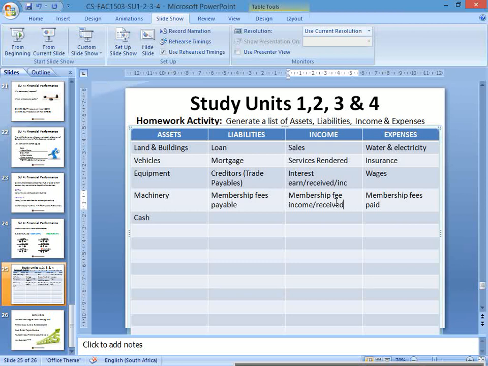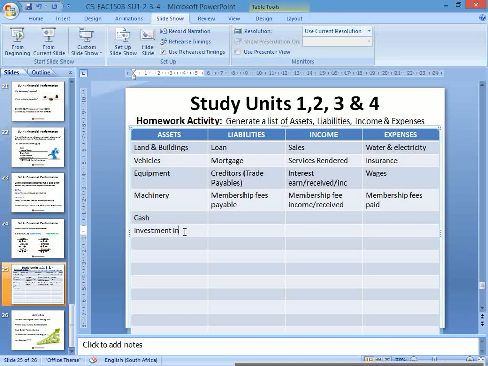Okay, do you have a question? If they own shares in another company, then it would be an asset because that would be seen as an investment. Then that would be income because that's the benefit that you get from the investment. Okay, good. See, that's the definitions. You're applying it. That's good.